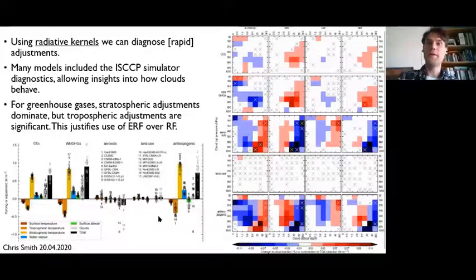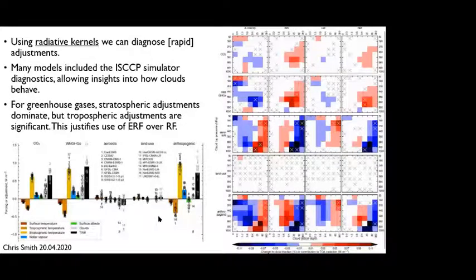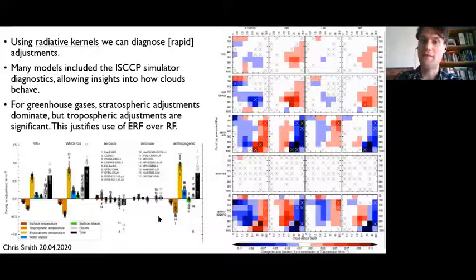We also have a breakdown of what clouds are doing in each of these experiments. As you can see, for greenhouse gases, we have a reduction in low to mid-level cloud fraction, which is driving a strong shortwave cloud adjustment, and you can also see this in the bar here. But for aerosols, what you mainly see is a Twomey effect. You have an increase in aerosol optical depth across the various cloud heights. This is increasing the shortwave reflectivity and leading to a negative cloud adjustment.